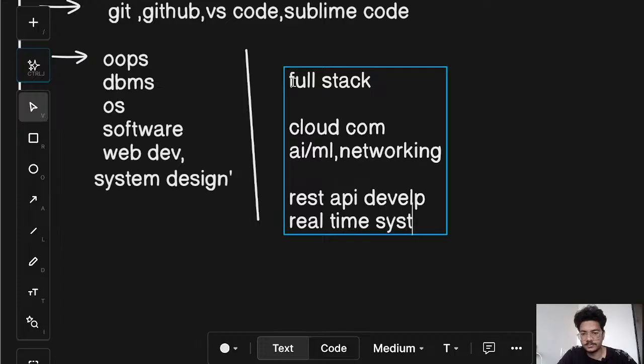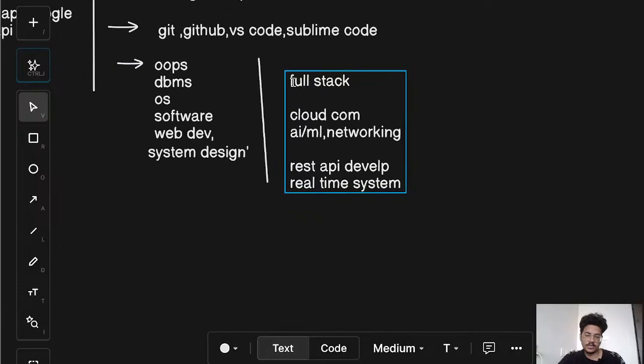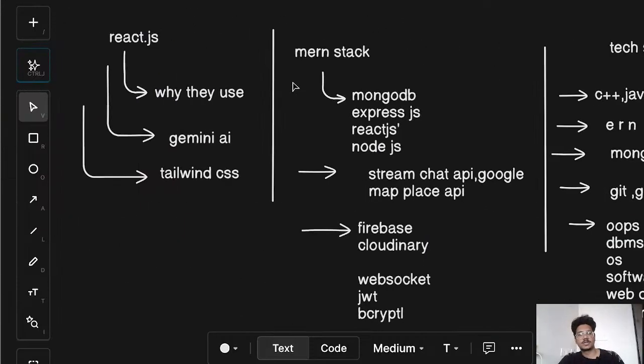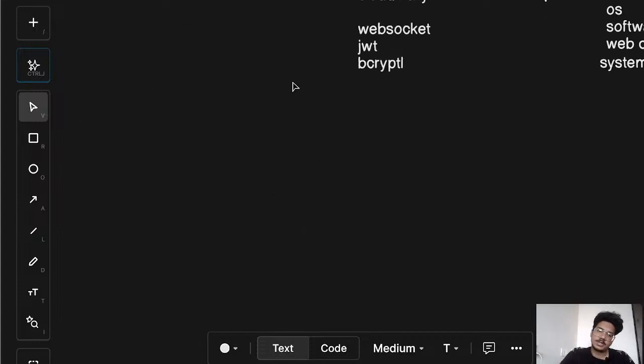Okay, so this is the overview of what the interviewer asks from this question. If you mention any certification course like C++, DSA, or cloud computing, and all the things,